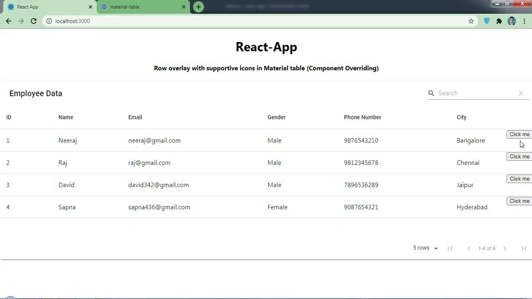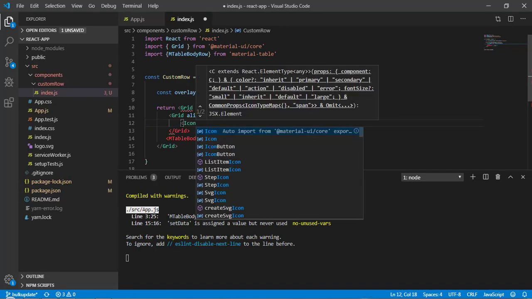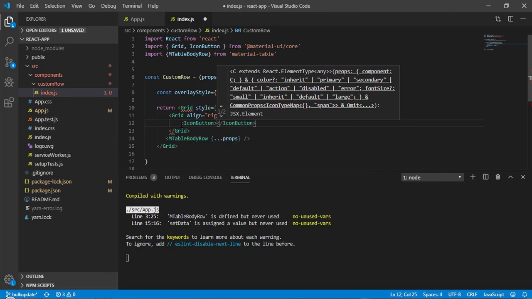Now we have to add our icon, so let's add the icon instead of the click me button. For that I will remove this and write here icon button. This is also going to come from Material UI.